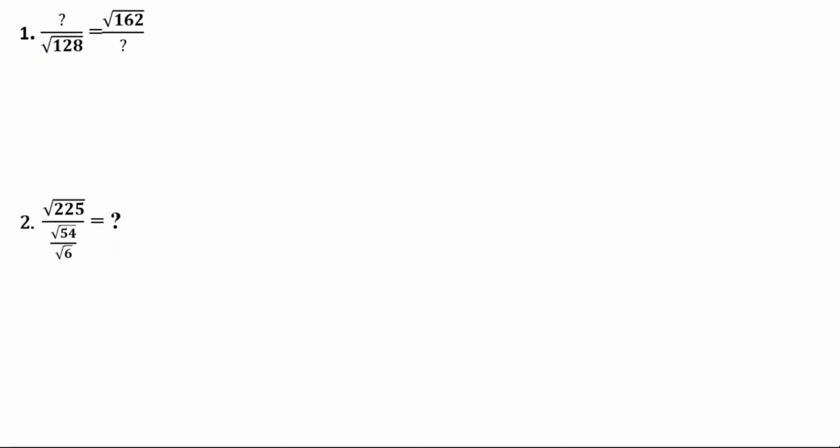Find the value of these two questions. Okay, how will we solve this problem? We'll see in detail. Here a question mark is given, and here also a question mark is given. Question mark means you have to replace it and take it as X. Instead of the question mark, you write X, or you can take any alphabet. Okay, I'll take X here.